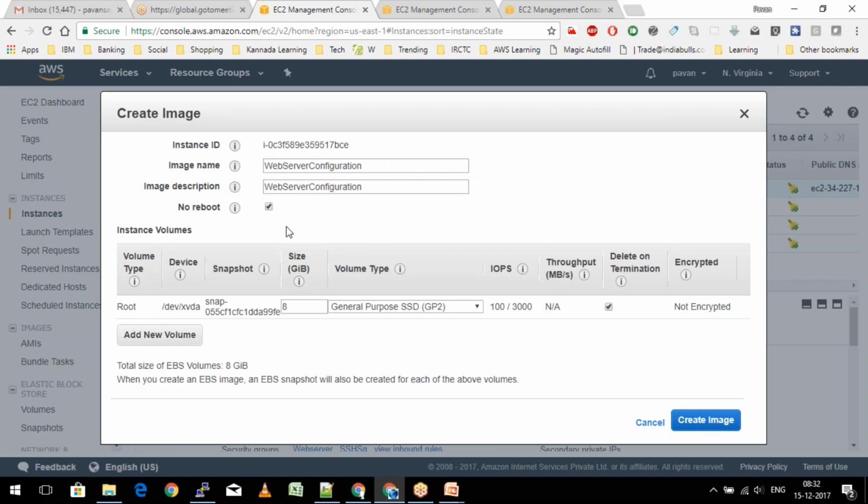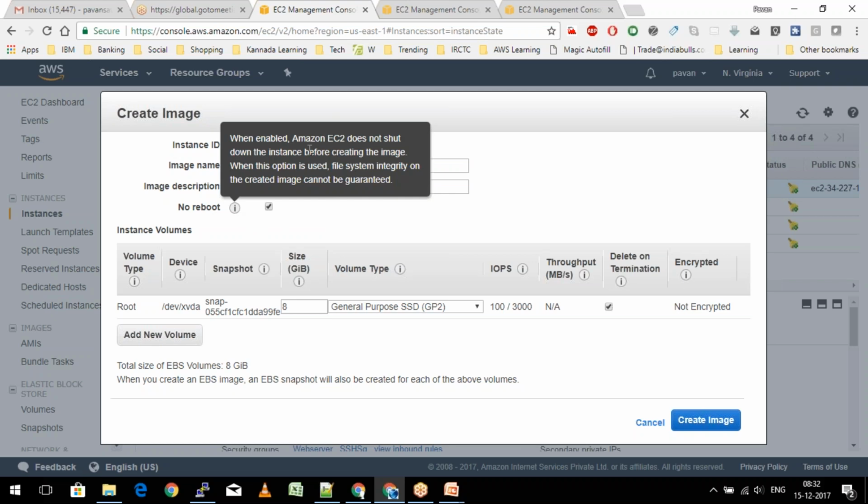But that is not a recommended practice, because there could be some transactions happening on my application, or the AMI, sorry, or EC2 instance, which is not a recommended practice. So it says whenever you enable this option, Amazon EC2 is not going to shut down the instance before creating the image. And if you do that, the system integrity of the image cannot be guaranteed.